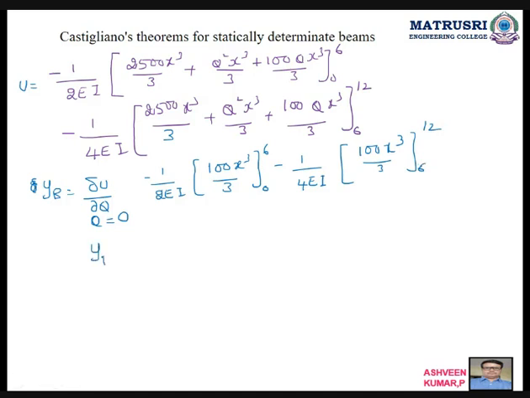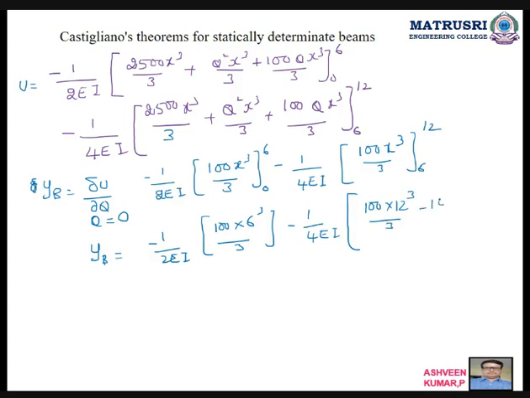Then Yb is equal to minus 1 by 2EI, 100 into 6 cube by 3, minus 1 by 4EI, 100 into 12 cube by 3 minus 100 into 6 cube by 3. If you do the calculation, you will get Yb is equal to 16200 by